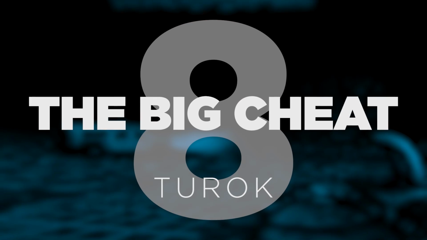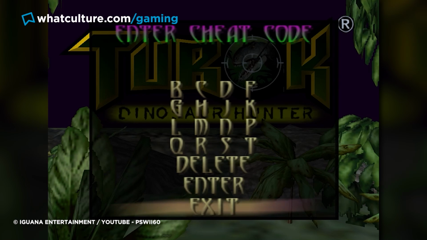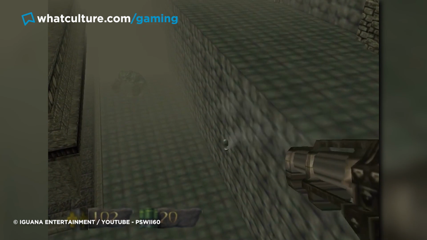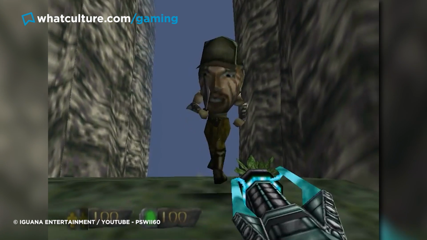Number 8, the big cheat, Turok. Classic N64 game Turok: Dinosaur Hunter features a pretty typical cheat menu, except for the fact that the alphabet contains only consonants and no vowels. To activate the big cheat, which grants invincibility, spirit mode, all weapons, unlimited ammo and lives, level and boss select, and of course big head mode, players need to input the code